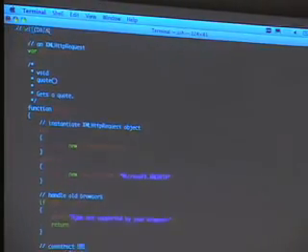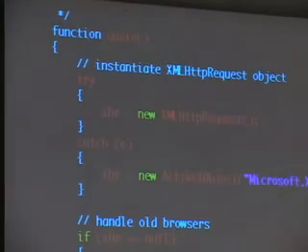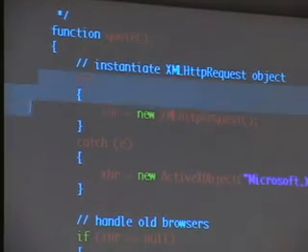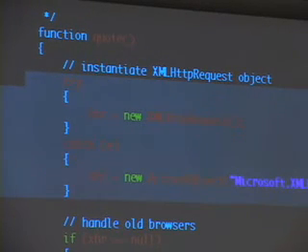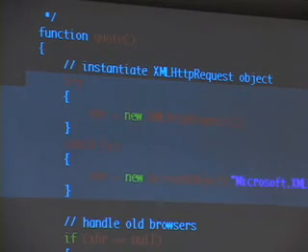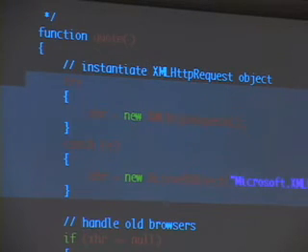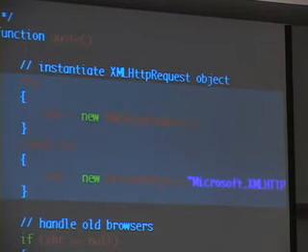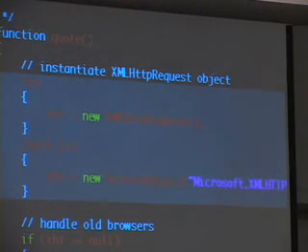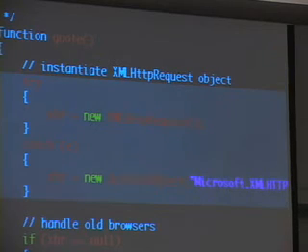So here's my quote function. So it's a few lines of code. Let's see what's going on. Apparently, these several lines are the lines of code that instantiate an XML HTTP request. In other words, if you want access to this new fancy functionality of Ajax, you just have to create one of these objects. Unfortunately, the folks at Microsoft and the folks everywhere else never quite saw eye to eye on how you should do this, so we're stuck with this headache of trying one approach, and if it fails, try the other approach. This is actually an abuse of the whole try-catch